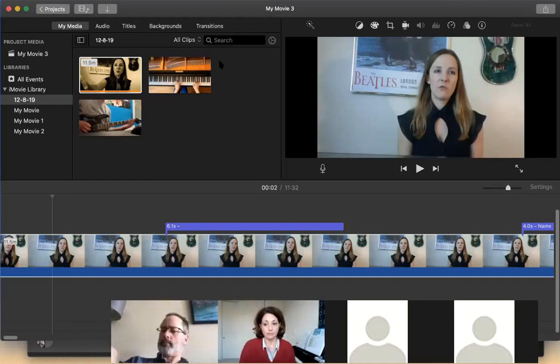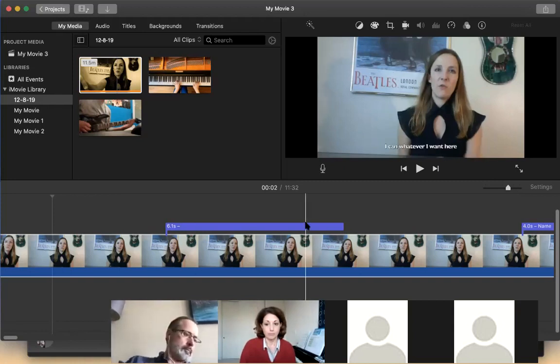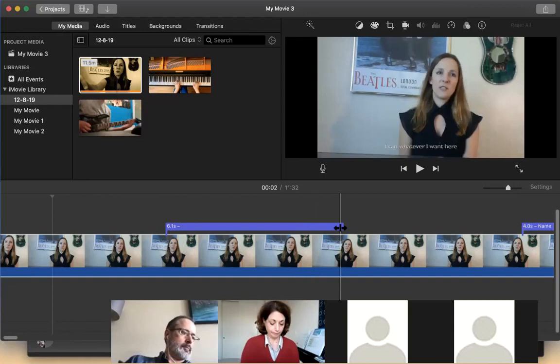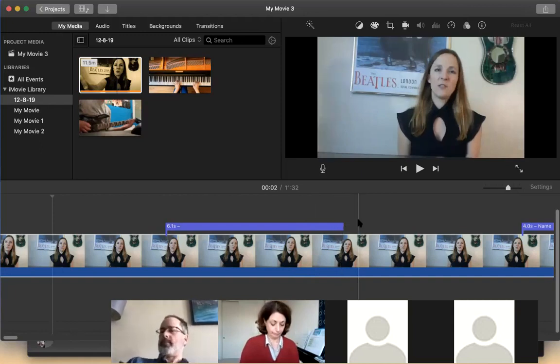So you can't do certain things like adding titles or adding a lot of different audio files and stuff like that. The desktop version is much more powerful, but you can pretty much do everything with iMovie on iOS that you can on the desktop. The desktop just gives you more functions.